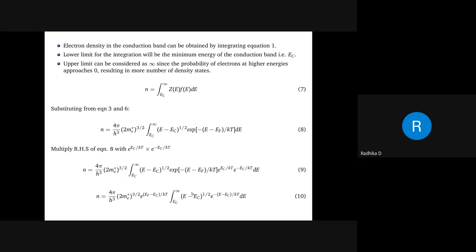Within the integral, what are the leftovers? E minus EC to the power of half, and e to the power of minus E by kT, and there is a plus EC, which I make as minus of minus EC. So I got the integral in terms of E minus EC. I solve it by considering E minus EC as x and 1 by kT as a. I bring the integral in terms of x, so dE becomes dx and the limits also change. Then your integral shortens to the integral from 0 to infinity of x to the power of half e to the power of minus ax dx.